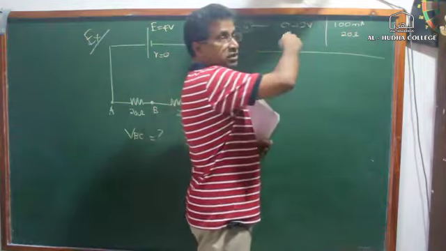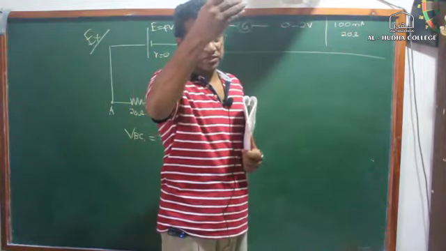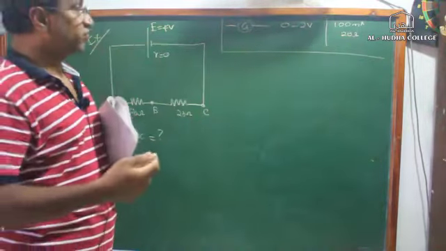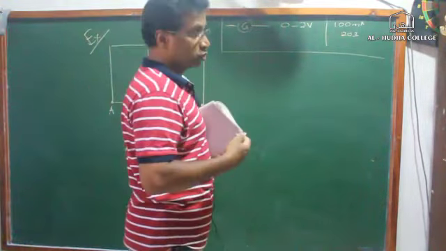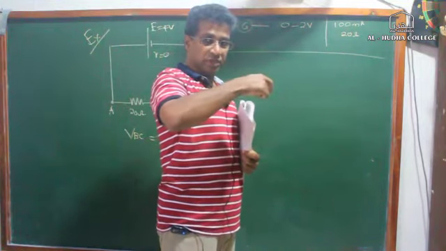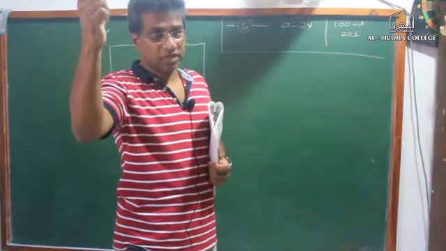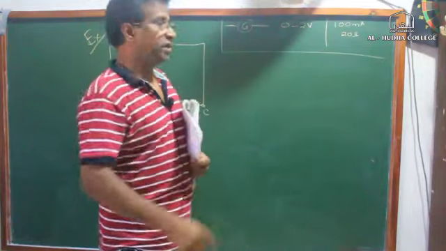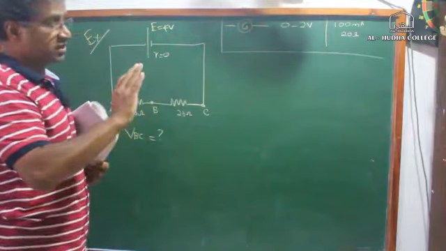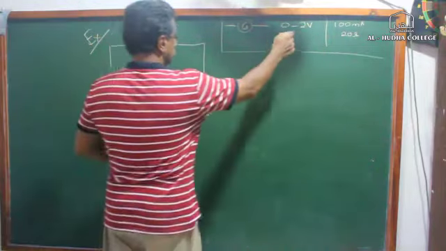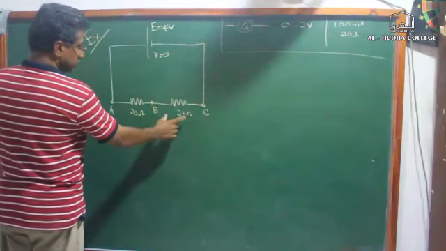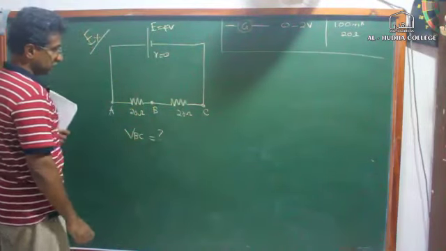So if you use this galvanometer to measure voltages of more than 2 volts, it will get damaged, because if you apply more than 2 volts, the current will be more than 100 milliamps, and therefore the meter will be damaged. So we have to first make sure that the voltage we are measuring is less than 2 volts. We will first calculate the voltage VBC before connecting the voltmeter.